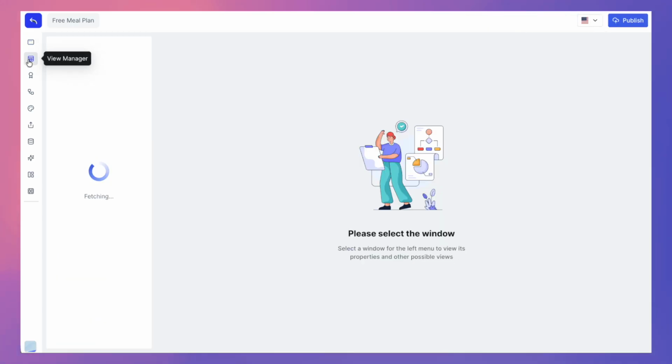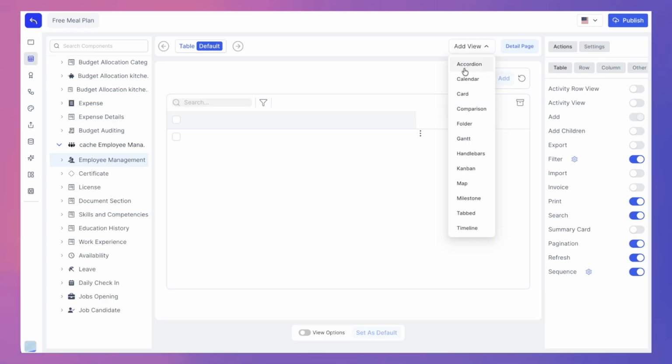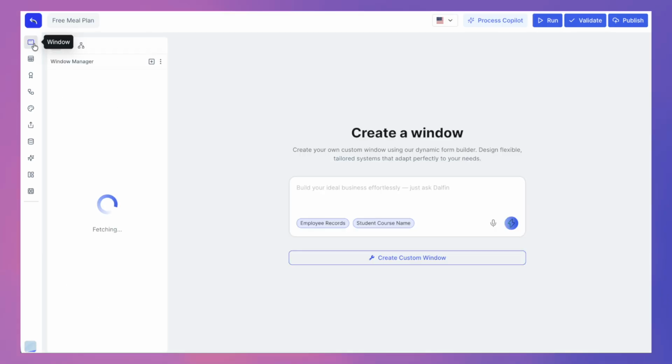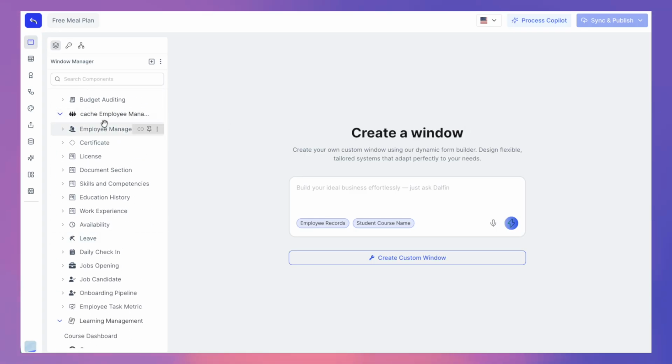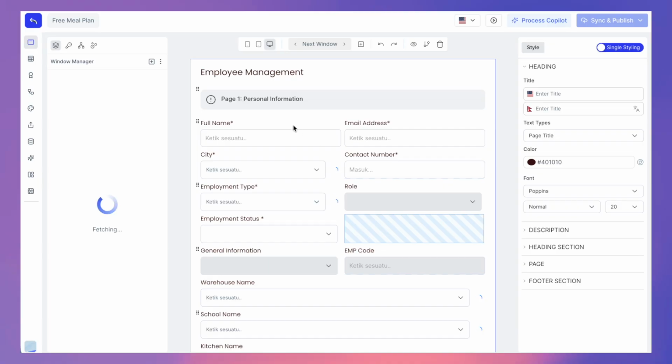To adjust how users interact with the system, you can use the View Manager to control layouts, actions, and display behavior. For automation and business logic, the Process Orchestrator Builder allows you to configure triggers, events, and conditions that define how processes run automatically. By combining Window Manager, View Manager, and Process Orchestrator Builder within BrainGrid, you can modify layouts,